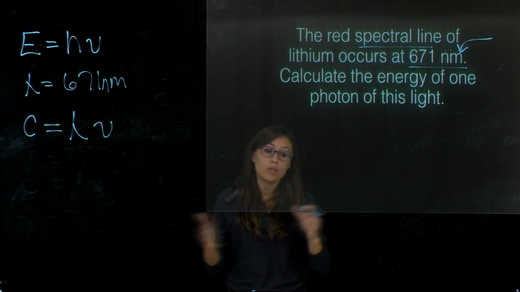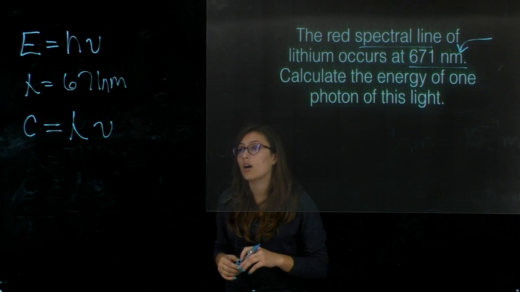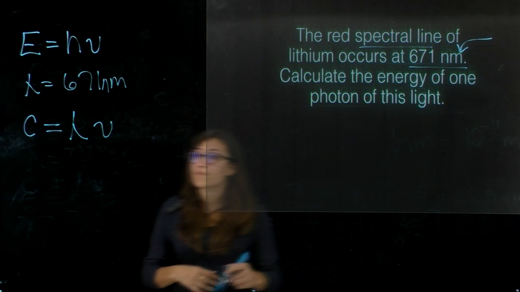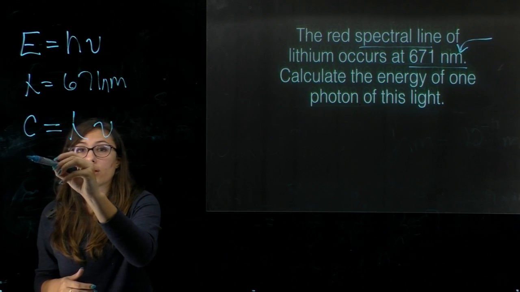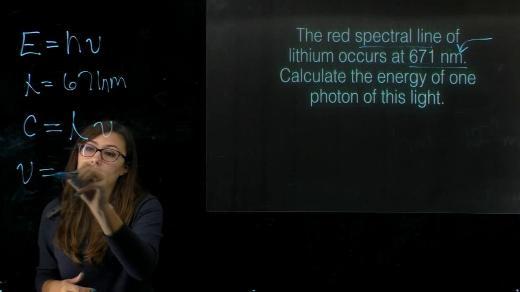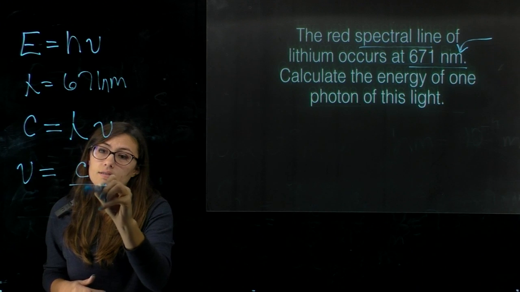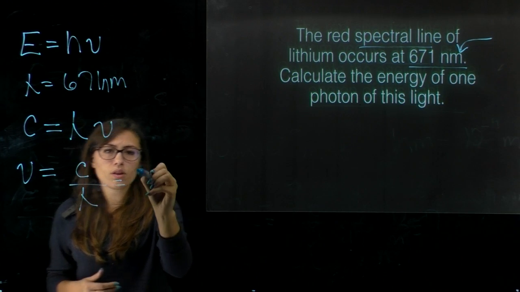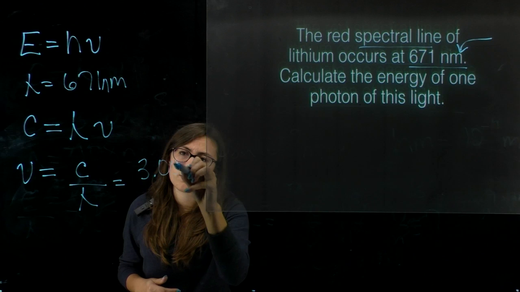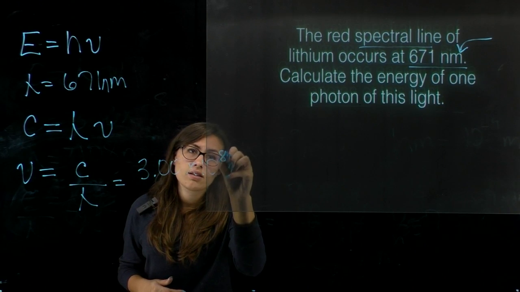And then once we do that, we can solve the problem in the following fashion. So let's first start off with solving for frequency. We know frequency is equal to speed of light divided by wavelength. We know the speed of light is equal to 3.00 times 10 to the 8th